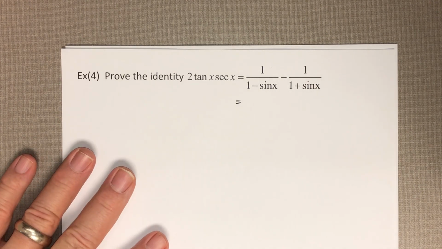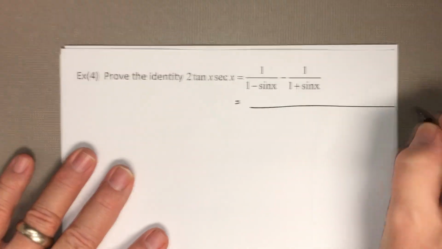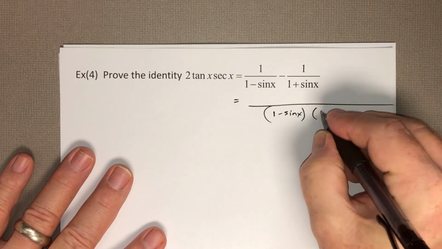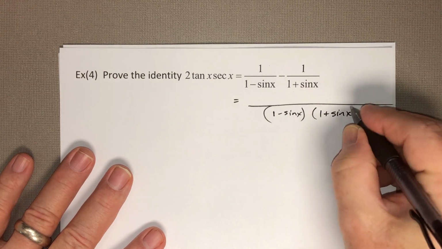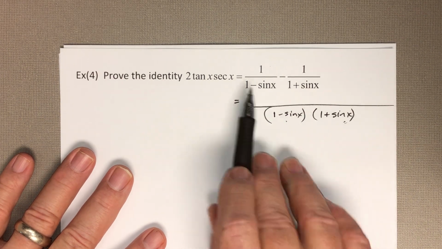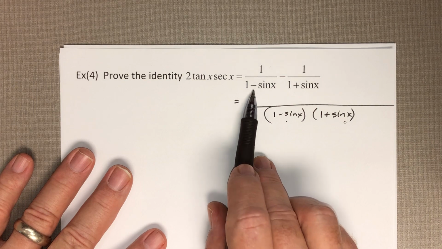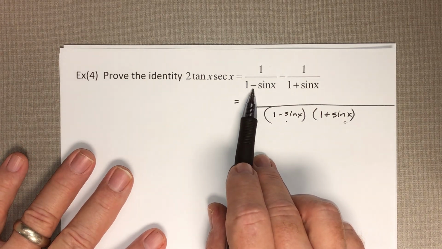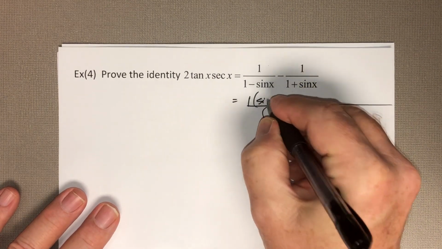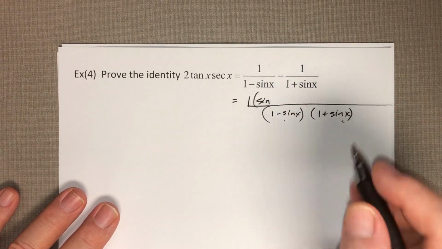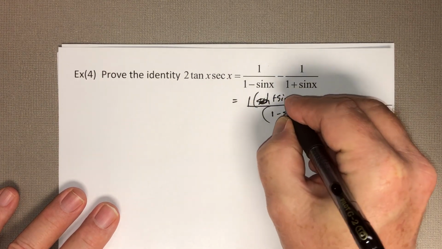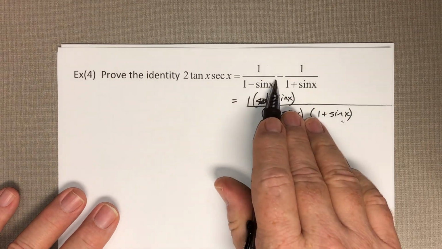And technically, you don't have to write it every time twice. You can just say, okay, my common denominator is 1 minus the sine of x times 1 plus the sine of x. And then you can ask, well, what factor from that common denominator is missing in this first denominator? Well, that's 1 plus the sine of x. So that's what I have to multiply this by. 1 times 1 plus the sine of x, all right, minus,